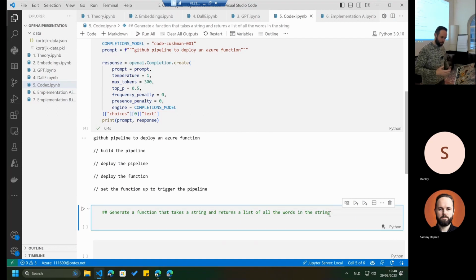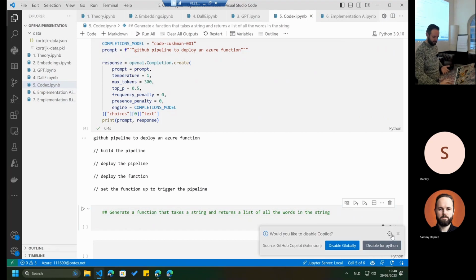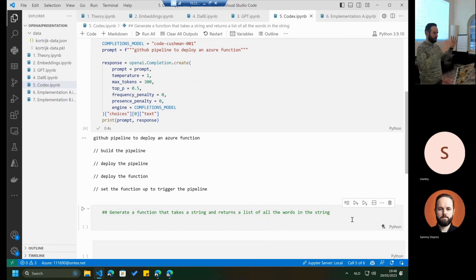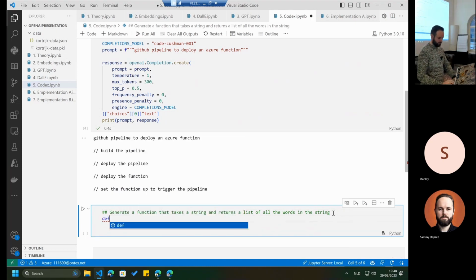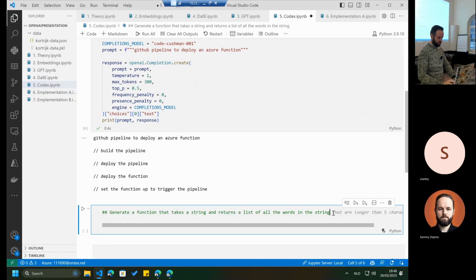But what I prefer the most is, of course, if you need to call this within the function each time to generate some code. Within Visual Studio Code, you have the Copilot, which is active. So that's also why you see the complete text while I was typing certain things. Now here in this case, I just say, okay, generate a function that takes a string and returns a list of all the words in the string. So if I now start typing def, just function,